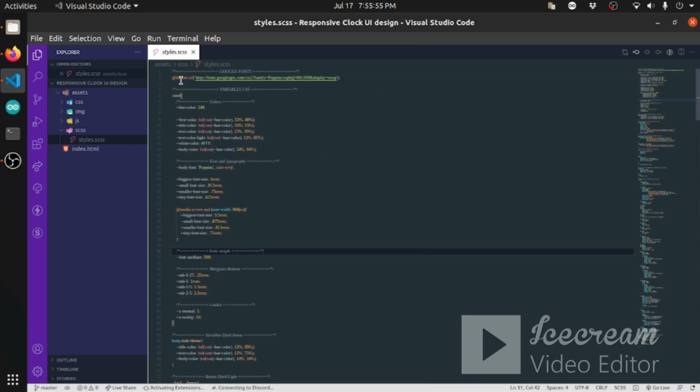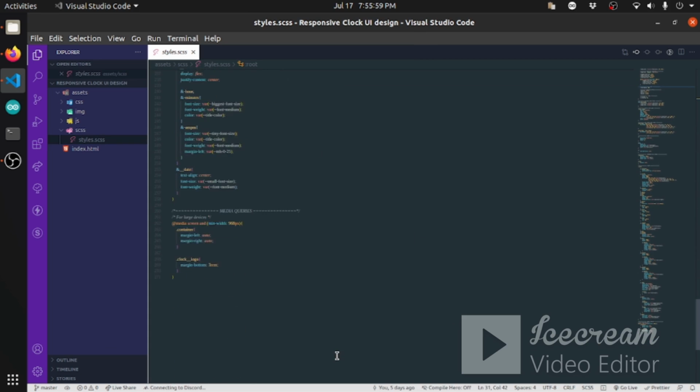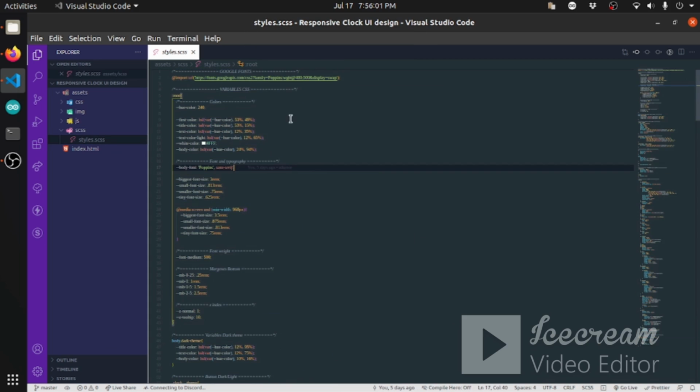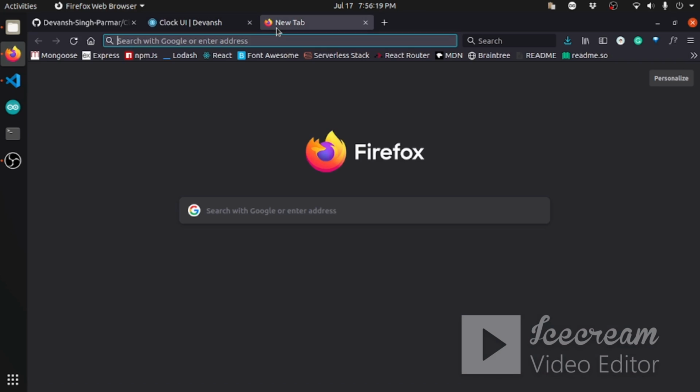You can just drag and drop, and I don't think you need to worry about learning this. The main thing is in this style sheet. I think there is no difference between SCSS and CSS. So let me show you.